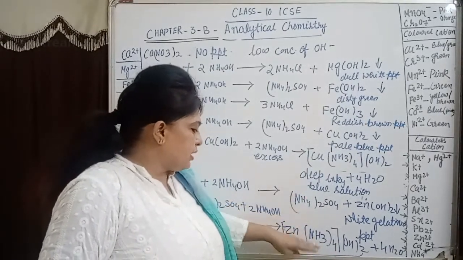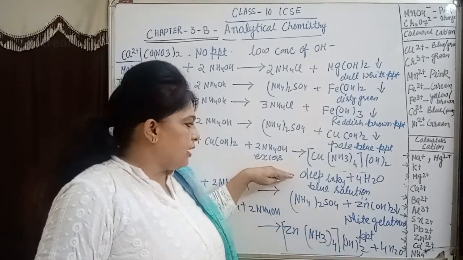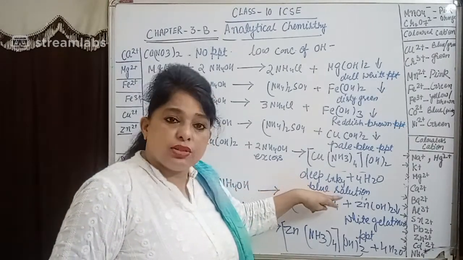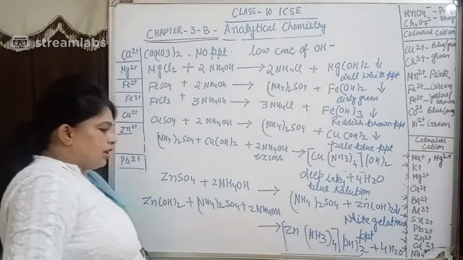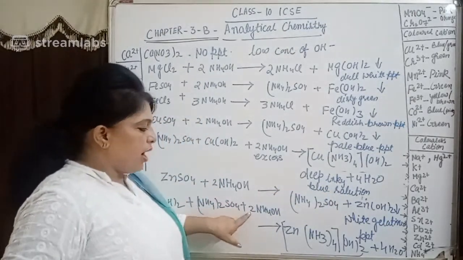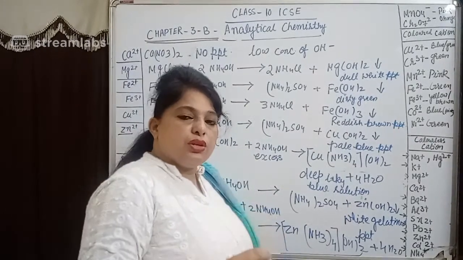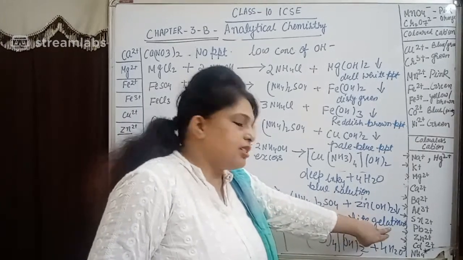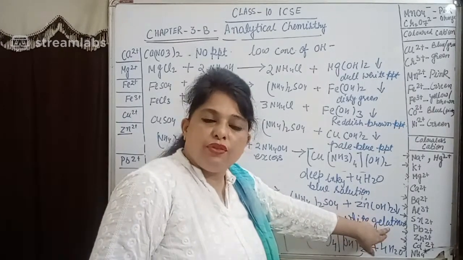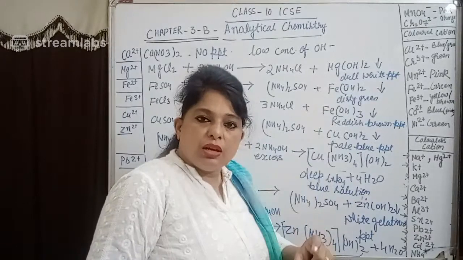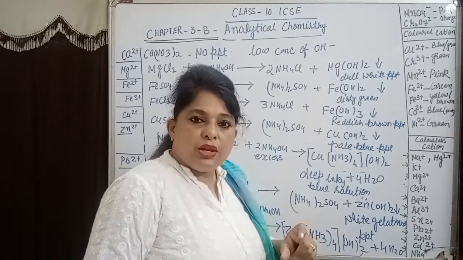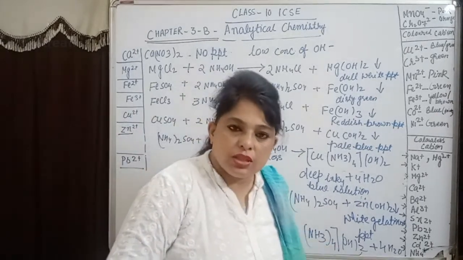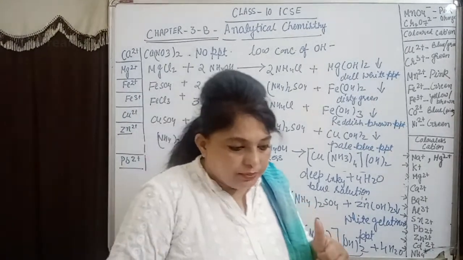So now on the basis of this, in the copper case, if you add excess of ammonium hydroxide, you will get a deep inky blue color solution. But if you are using zinc sulfate, with excess of ammonium hydroxide, the solution is going to turn colorless, right? It means this white gelatinous precipitate is going to dissolve if you add excess of ammonium hydroxide. Now why is it happening so? Because there is a formation of tetraamine zinc hydroxide. Is it clear?